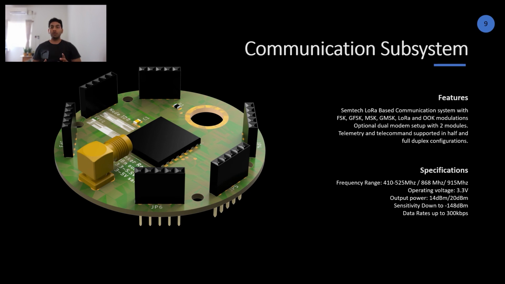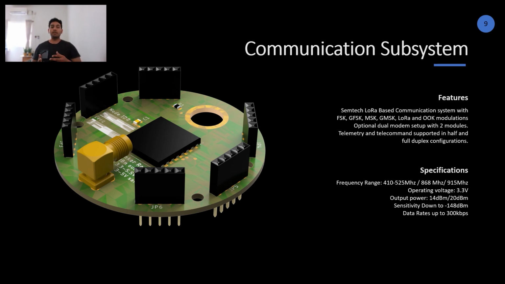That means one module dedicated for uplink and one module dedicated for downlink. Or you could have one option with just one module which can be used for uplink and downlink by framing. So like 5 seconds for uplink and 5 seconds for downlink. If you want, there's interrupt pins available on the module that can be connected to the onboard computer. So when you receive an uplink, it triggers an interrupt and you can just read the data, and the rest of the time you can perform downlink.